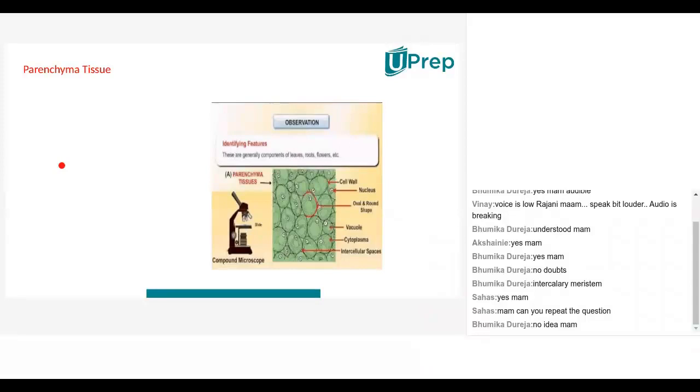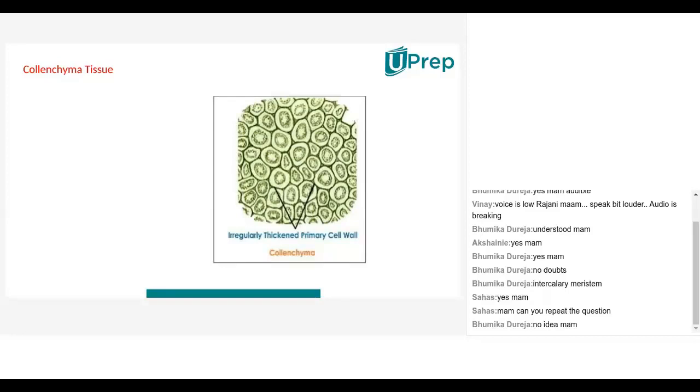This is how a collenchyma tissue you will observe under a microscope. Just see the cells. The cells are irregularly shaped. Some are oval, some are conjoined. Each cell has a prominent vacuole at the center, like the parenchyma tissue. If we observe in between the cells, you have spaces called intercellular spaces that we discussed in the parenchyma tissue,